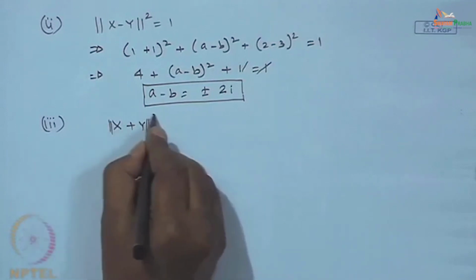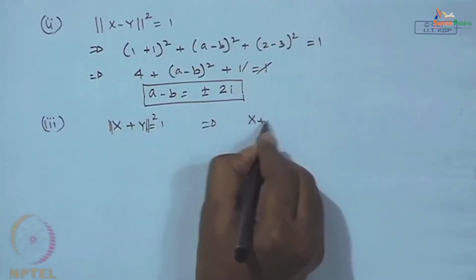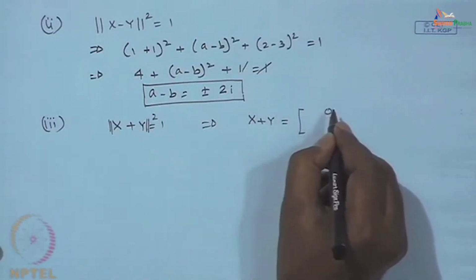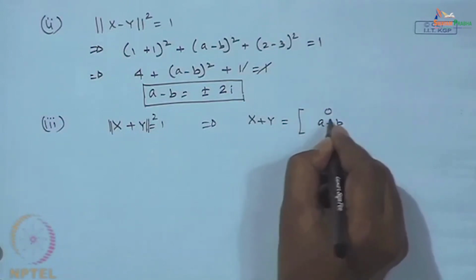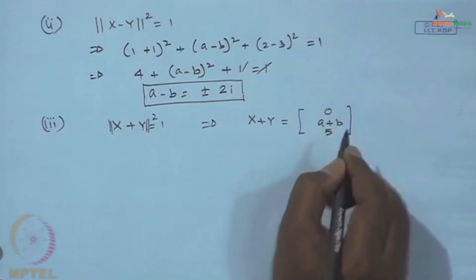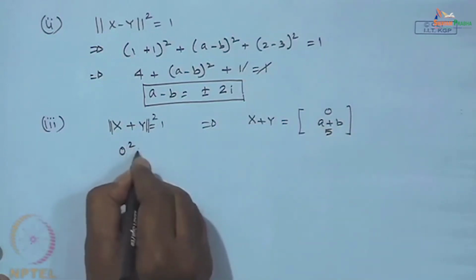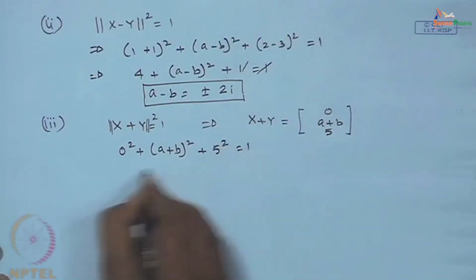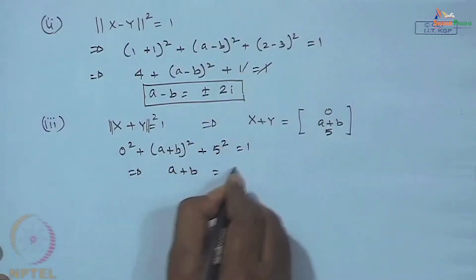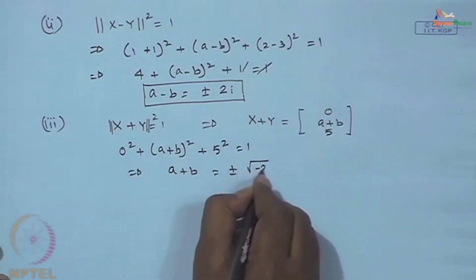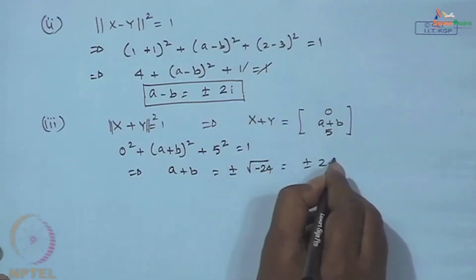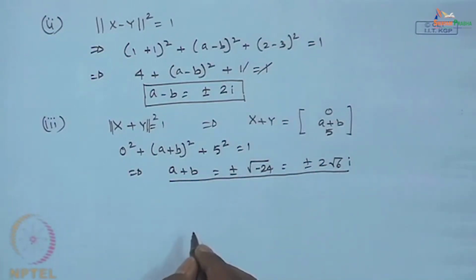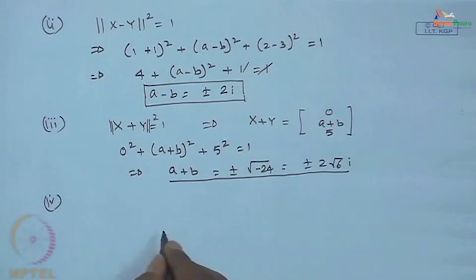norm 1. So, let us look into the vector x plus y. x plus y will be having the elements 0, a plus b, 2 plus 3, that is 5. So, norm of them is equal to 1. So, 0 square plus a plus b square plus 5 square is equal to 1. So, a plus b is equal to plus minus root over minus 24, it will be plus minus 2 root 6 times i. So, that is the relationship between a plus b, and the last part is that x and